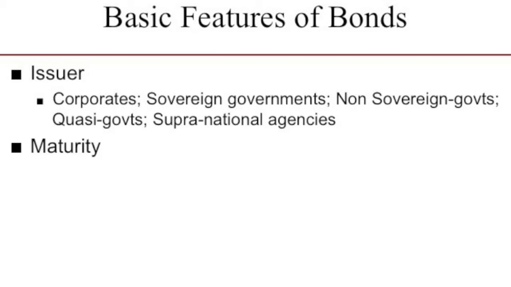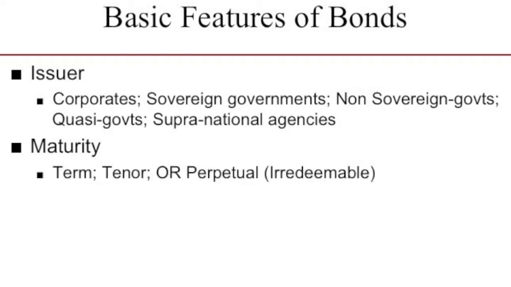The maturity of a bond is often quite important and often part of the way of describing the bond. So for example, a UK company, Tesco, might issue a 2024 bond. In reality, it will redeem and mature on a very specific date in that year. It might, for example, be the 19th of April, but often people just make reference to the year in which it redeems. Some bonds never redeem. They are perpetual, also known as irredeemable or undated bonds.